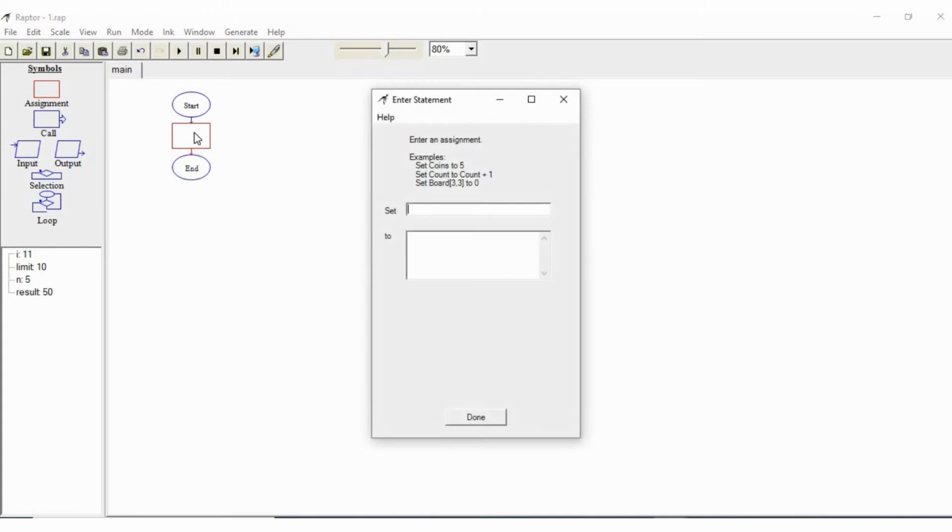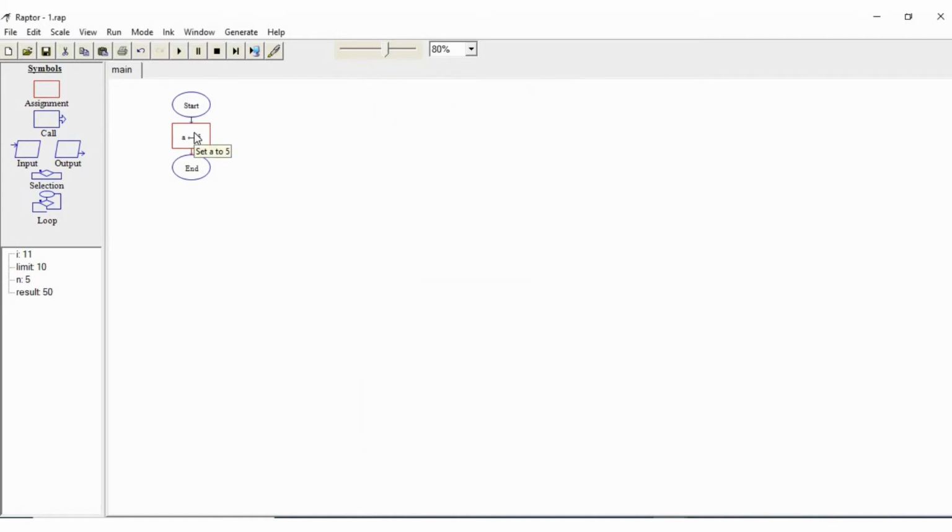Once you have dragged the symbol, just double click on it to enter a value. When you double click on that symbol, the enter statement dialog box is shown with two options: set and to. In the set option, you provide the name of the variable, and in the to option, the value of the variable. Now I have set the value of the variable a to 5.